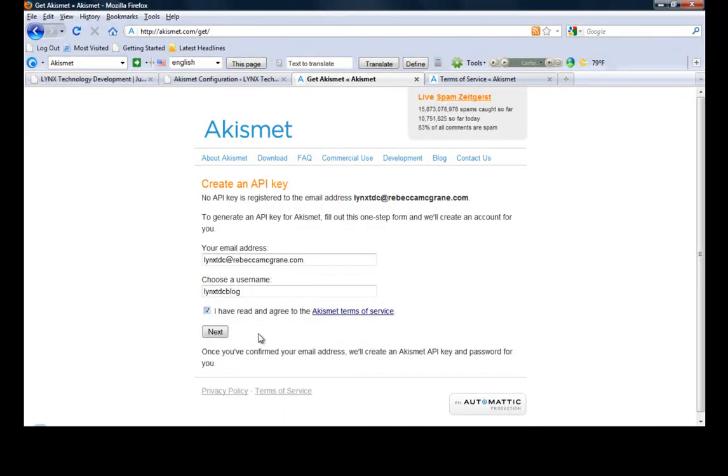So that's the gist of that. We should really support Akismet even if you're not making a lot of money off of your blog, just because it's such a great tool. And here's where if you click on commercial use at the Akismet site, you can obviously get all the details